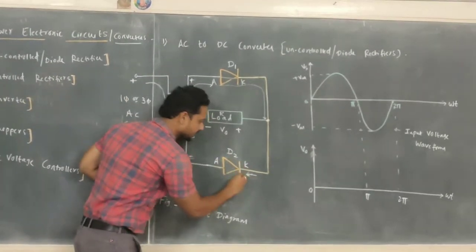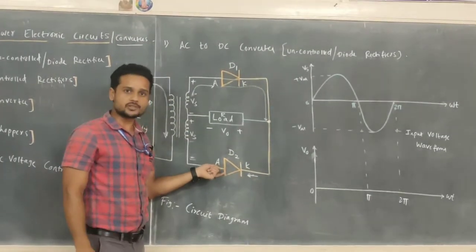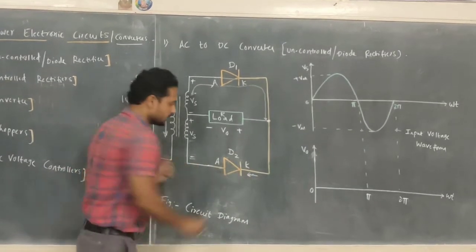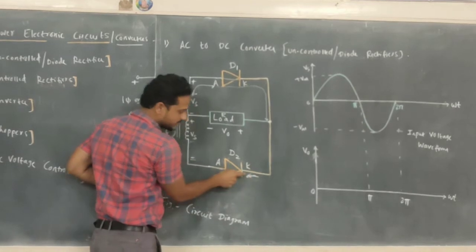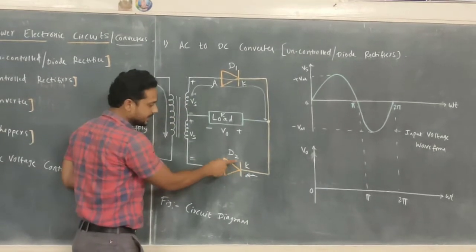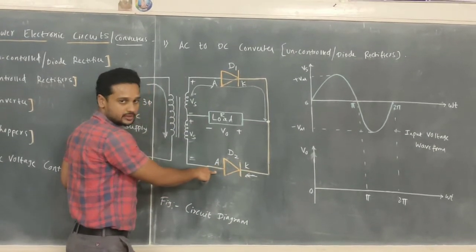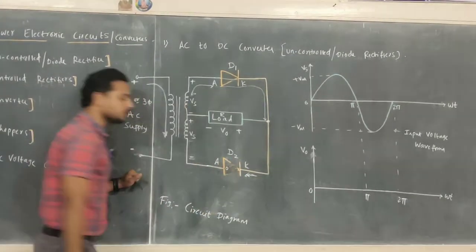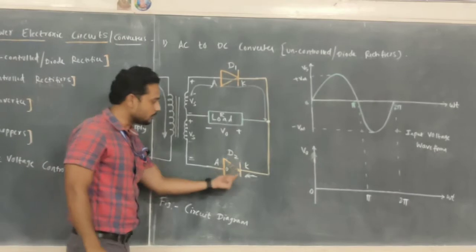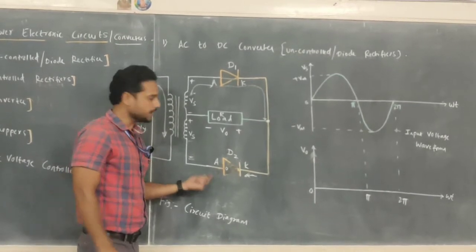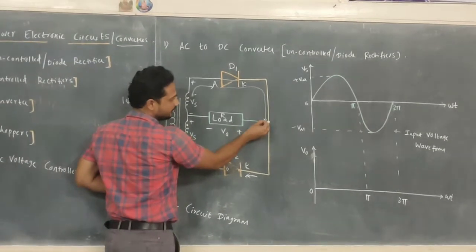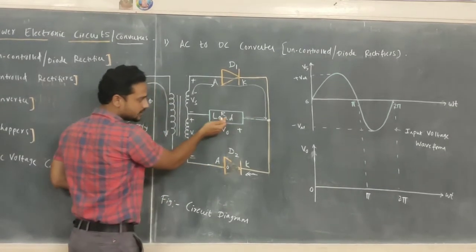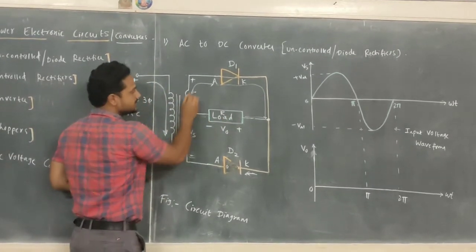Basically, diode is a unidirectional device. Current has to flow from anode to cathode only. Now, when the current flows through this cathode terminal, immediately this diode D2 will be reverse biased and it acts as an open circuit. It remains in off state only. There exists no path for the current to flow. Now, when the current takes this left direction and flows through this resistive load, it completes its path.